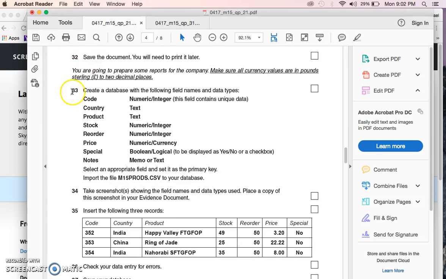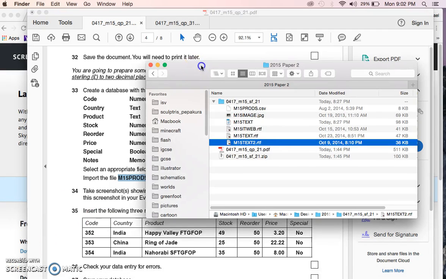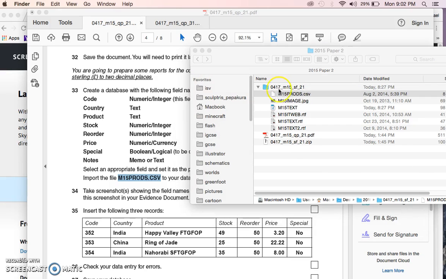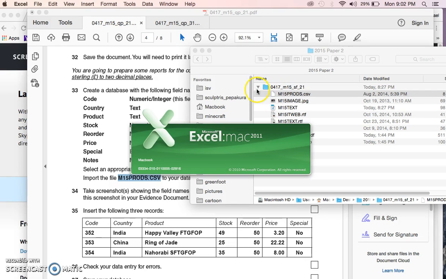So it says create a database with all these fields. So you might do that, when actually you don't have to, because the next step would do this bit for you. Because whilst I was waiting for the last video to save, I opened up that file. Right, so it's CSV, so basically that will open up in a spreadsheet. And if you look at the data,